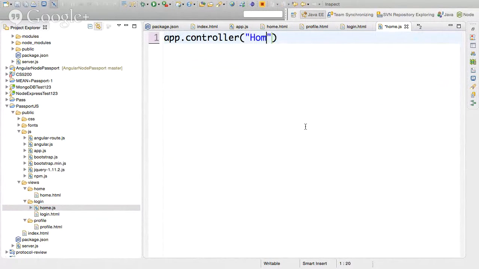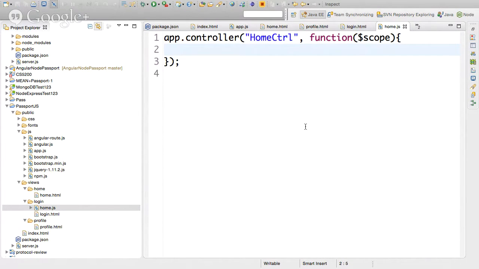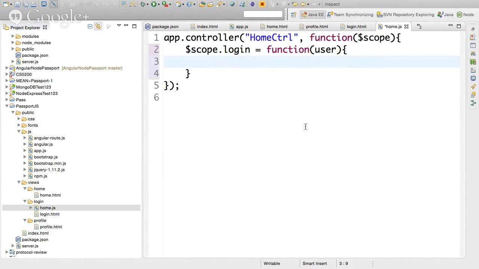It's going to be called home control, and it's going to be a function that receives the scope service. The scope service will allow us to talk to the client, the front end, and receive that event handler that we want to receive that login. So this is scope.login. That's a function that is going to be invoked. A function that receives as argument the user, and we're just going to do console.log